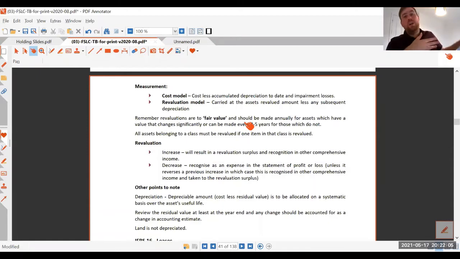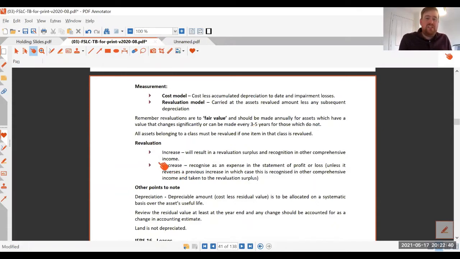Going back a fair while here, back when I was in practice, we used to have various letting agencies, or businesses that were renting out properties. And on some of the bigger clients, we would do regular revaluations of those properties. Particularly at the moment, house prices are all over the place. So it makes sense to probably lean towards this revaluation model. In terms of those revaluations,